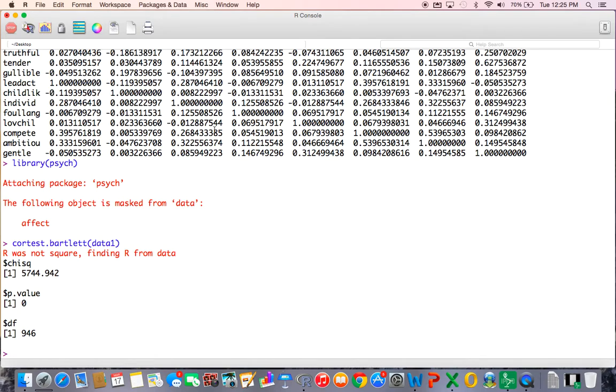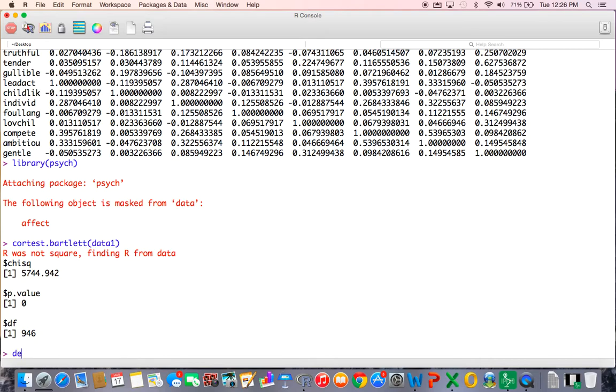And we have a huge test statistic. We have a p-value at 0, degrees of freedom 946. If you remember the condition to examine whether we have too many low correlations, if we have a p-value greater than 0.05, then we have problems. Clearly, we have no issues with an extreme amount of low correlations.